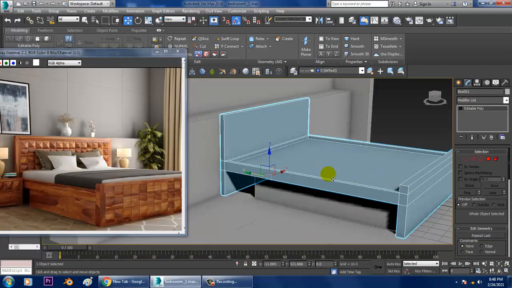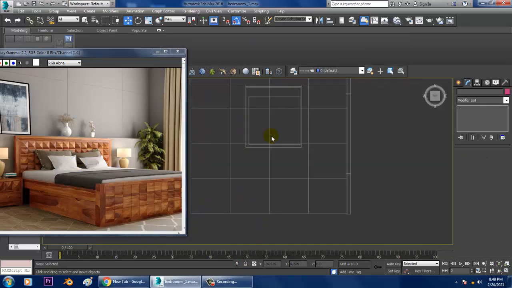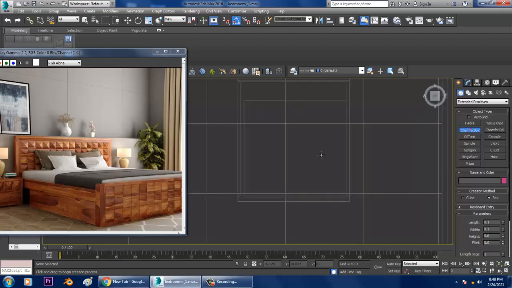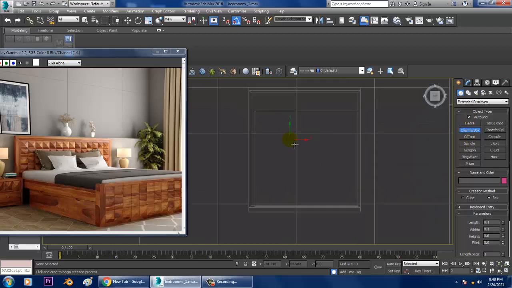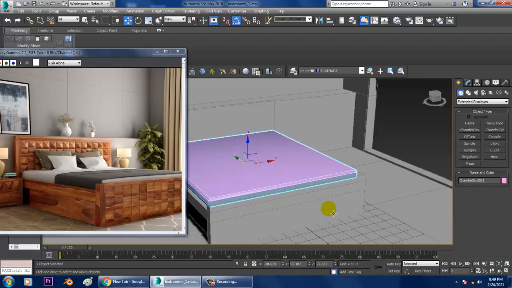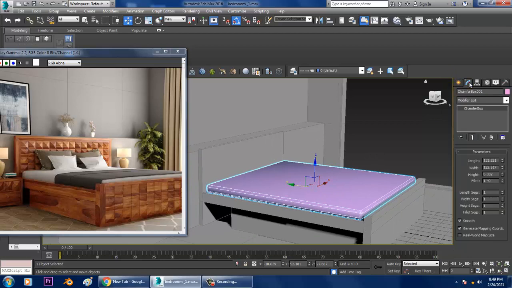After that, let's again go on to the top view over here, into the extended primitives. I'll activate this auto grid and I'll just create this stuff over here.